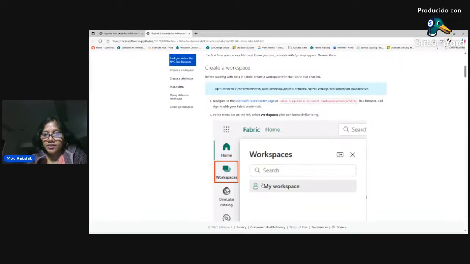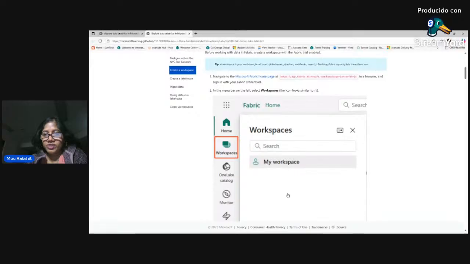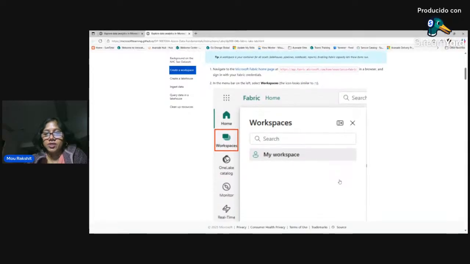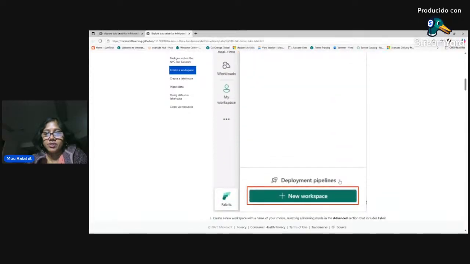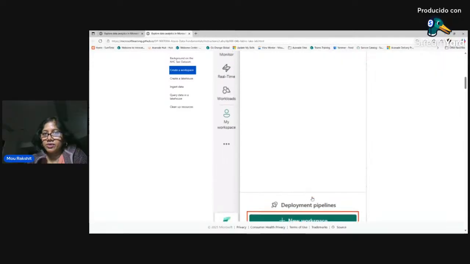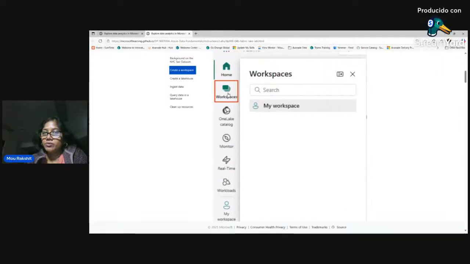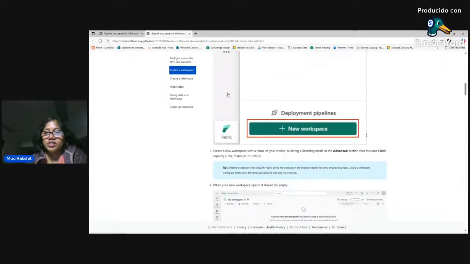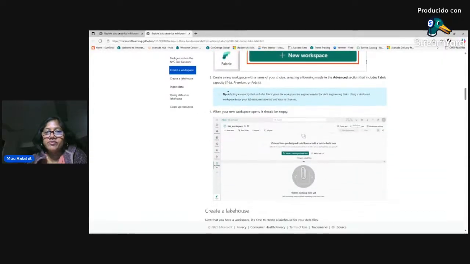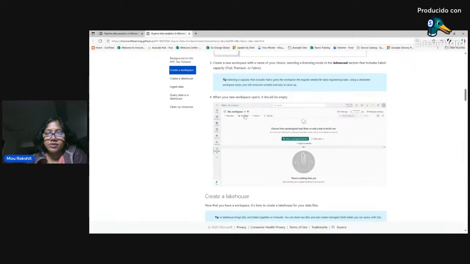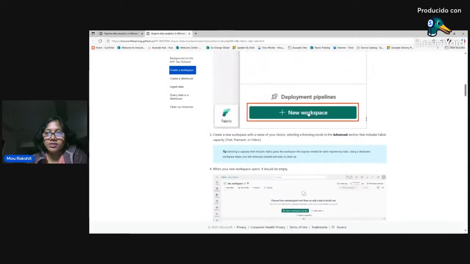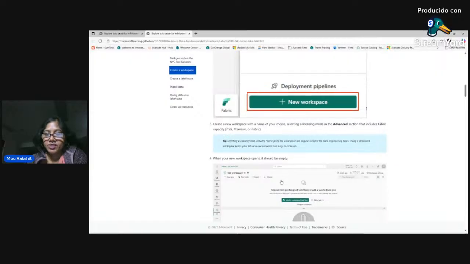Click on the workspace, and it shows you the workspaces that you currently have. So you're going to create a new workspace, and you can see there's a button called New Workspace. You're going to click on there. What is a workspace? This is your area in which you're going to be working. So you're creating your own workspace, and now you give it a name. Suppose this is the workspace name you created, Fab Workspace. So click on this, give the name, and it's going to get created.